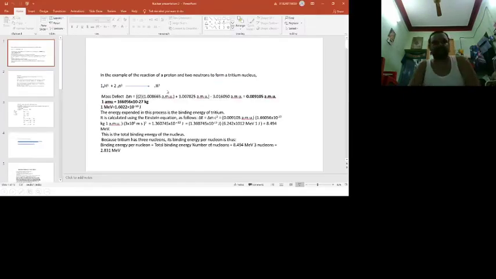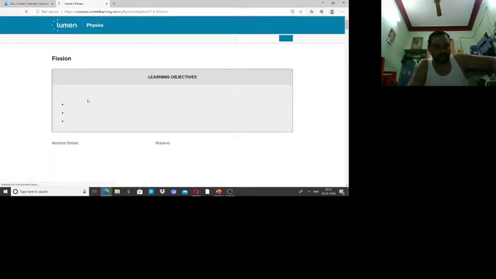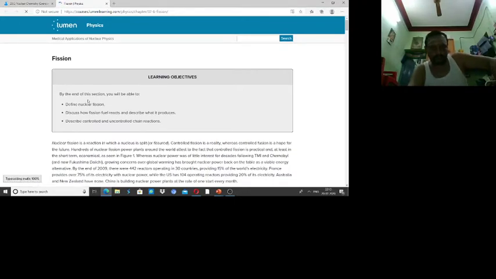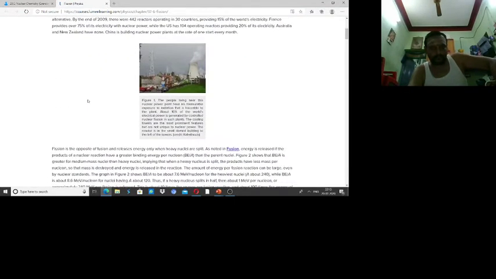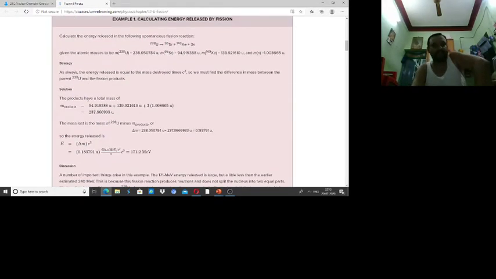So, applications. Similarly, there are also other things. The fission chapter is all there. So what is fission? Some famous calculations: energy released by fission of uranium 238, producing strontium, xenon and 3 neutrons. Atomic mass of 238, they are giving experimental atomic masses of strontium, everything they are giving.